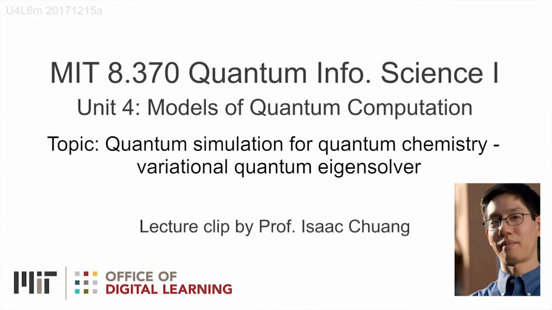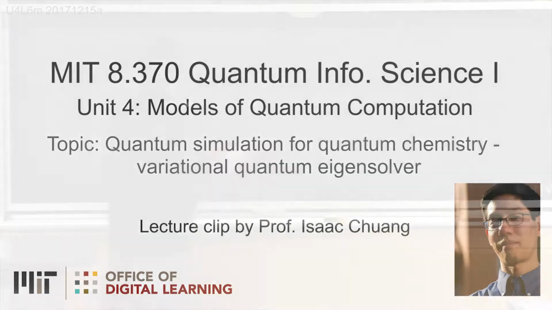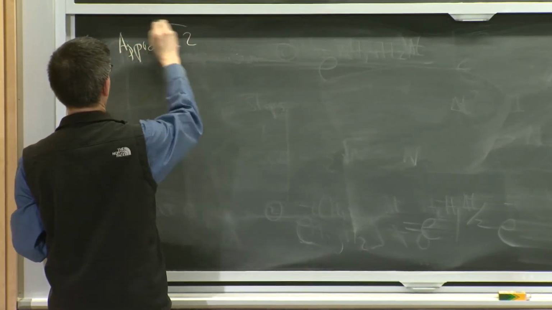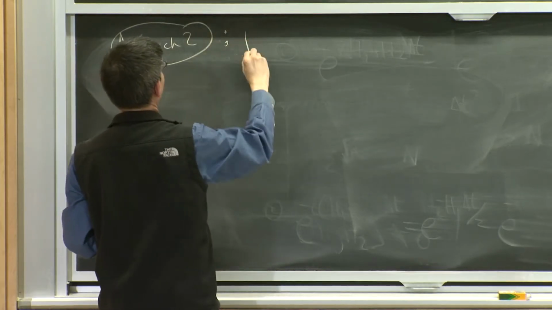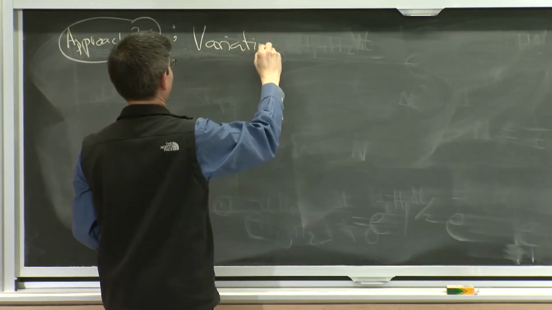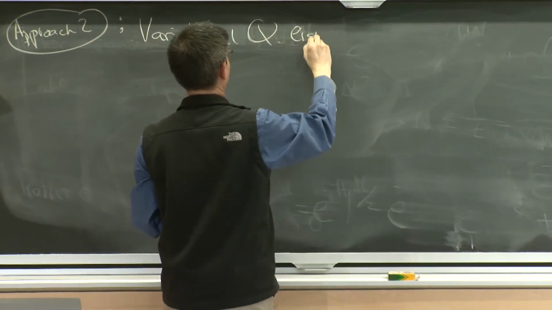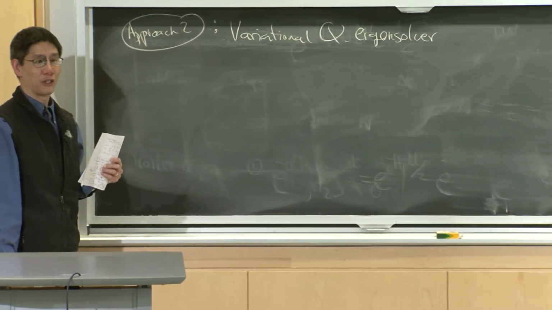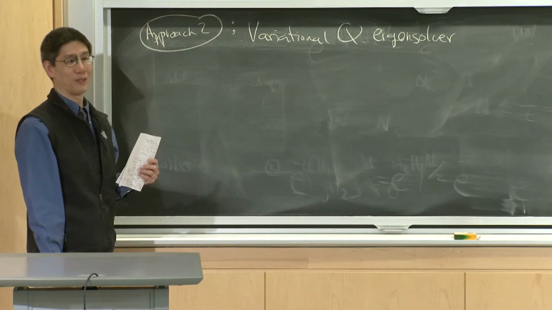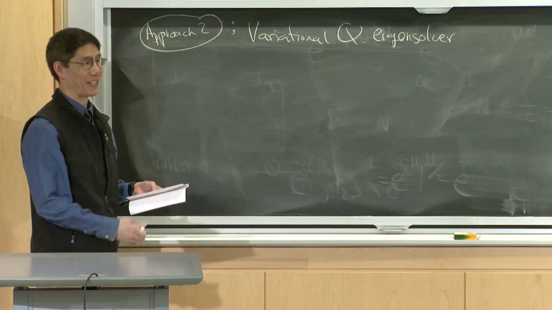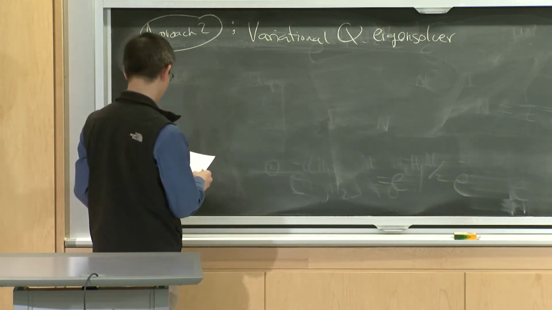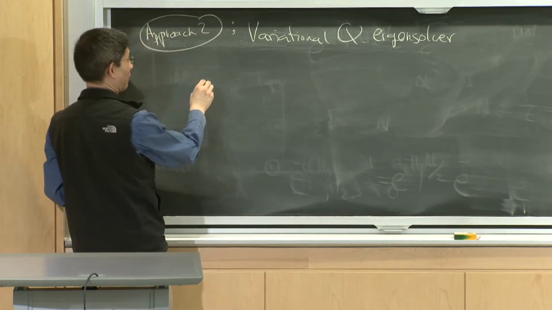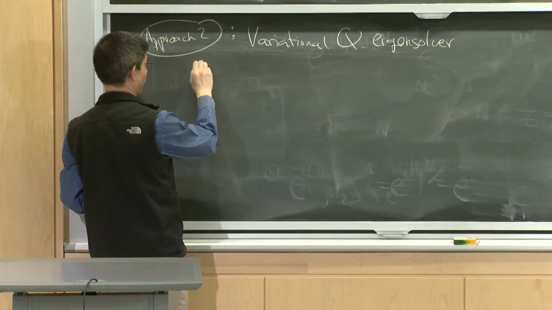So now we come to the second approach. The point of this second approach, VQE, is to get by with a much poorer, worse quantum computer by not asking for quite as much. And you'll see how that works by my describing the algorithm. The point of this algorithm is to rely upon the variational principle,